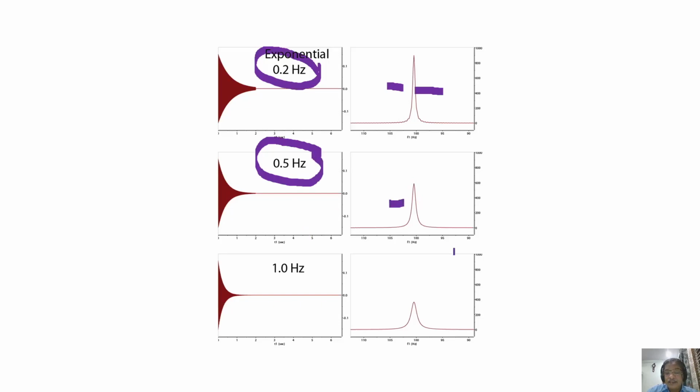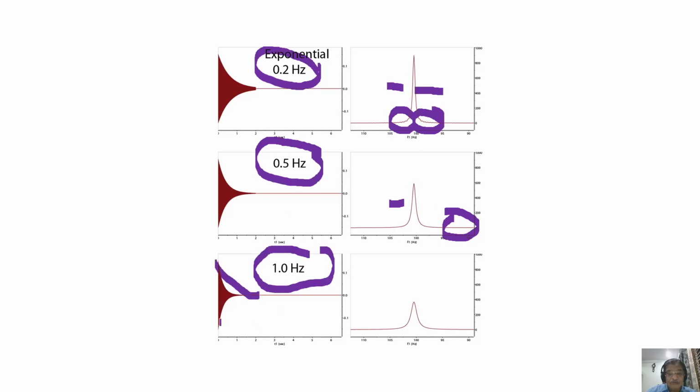See, the signal to noise ratio is better, but you don't see it here. Of course, you can see here to here. Here there are artifacts. Carefully, you see it because the FID is not completely decayed; it is truncated. But here you see, noise is better, but line width is broader here. This is a sharp peak. This is a broad peak. Okay, we go by a multiplication factor of 1 hertz. See, the FID decays even faster.